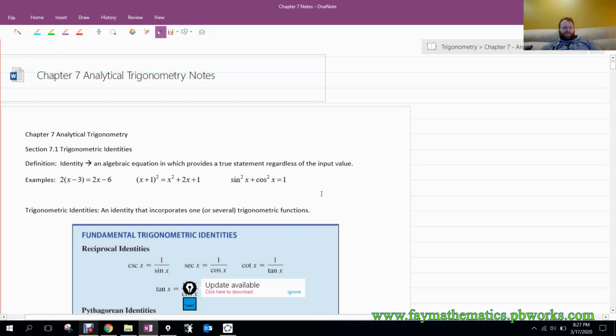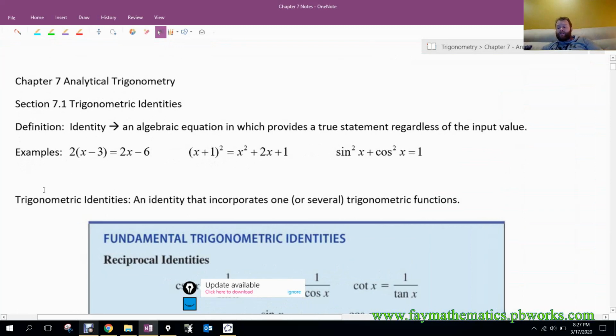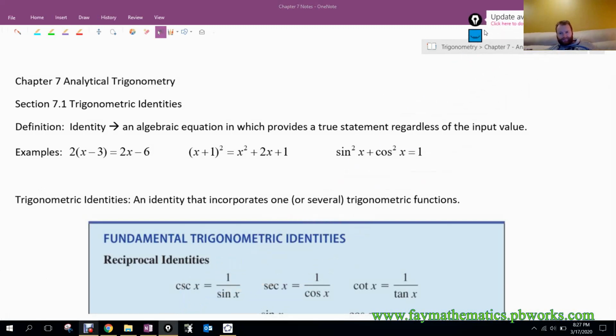Alright folks, starting chapter 7 here. It's analytical trigonometry, so this is a lot of the identity stuff. There's going to be a lot of algebra here that we are going to work with. That might seem a little abstract, but whenever we get stuck, we'll go back to substitution and using